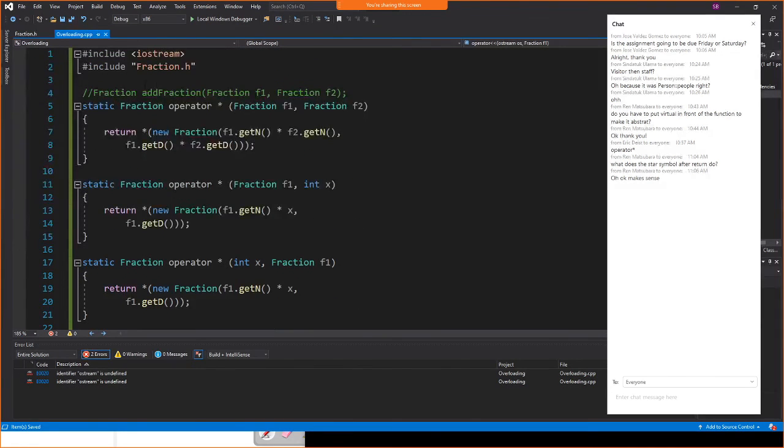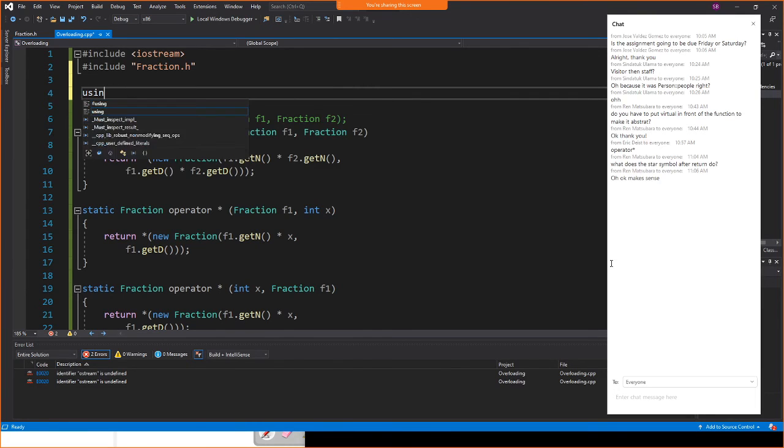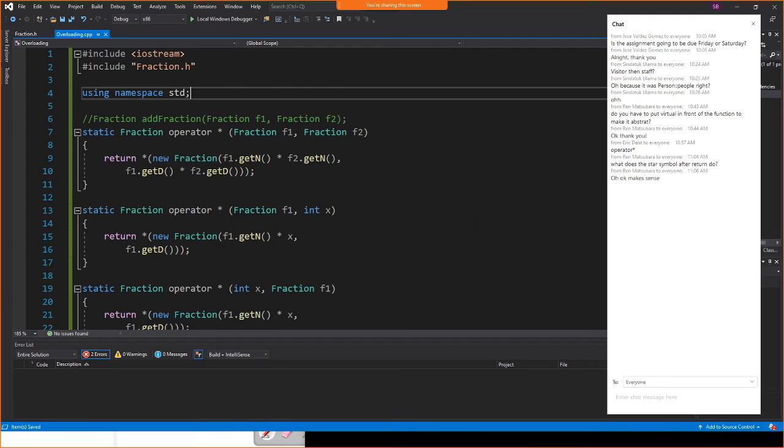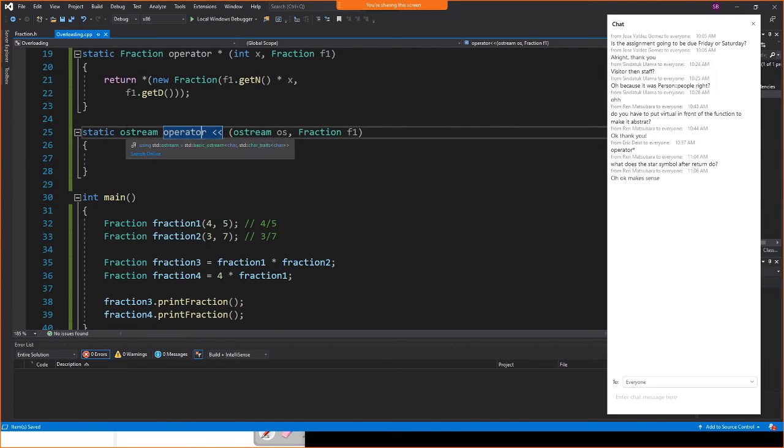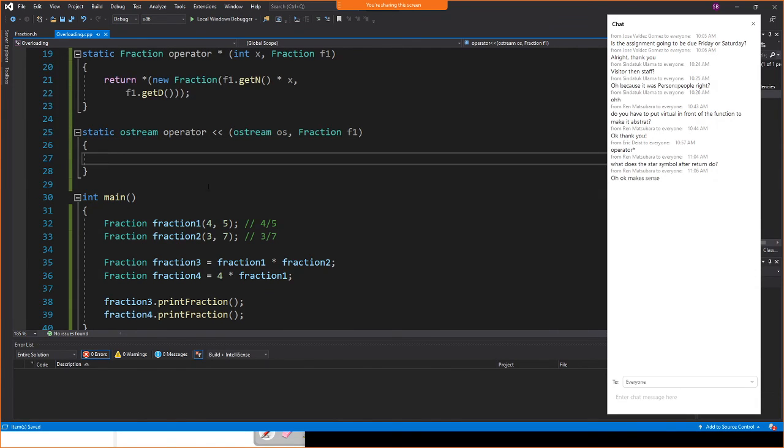It doesn't seem to like that. It's probably because I'm not using namespace std. Yeah, there we go. Now it knows what an ostream is. So an ostream, like cout or a file stream, also works for this. We can override it so that it returns one of those and that it uses an ostream to do something. So what I might do here is return os,